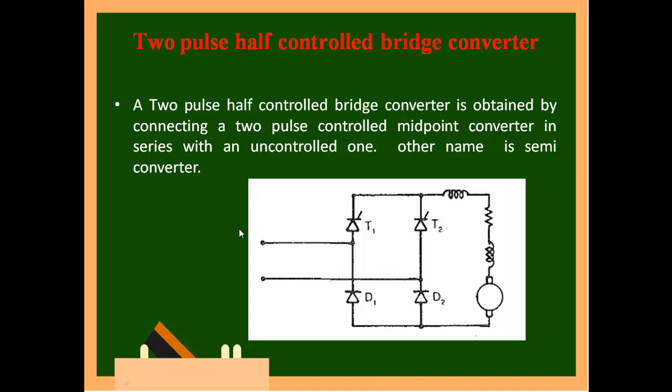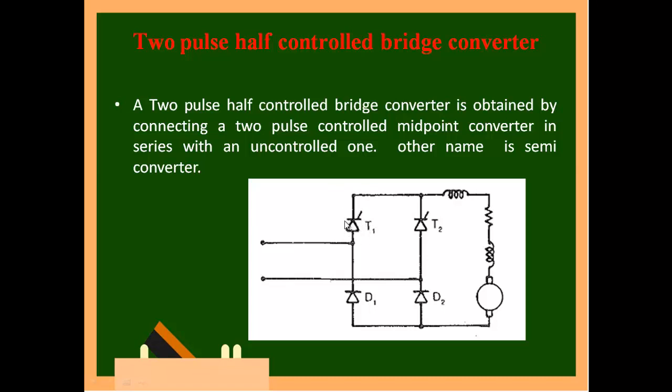So when you want AC to DC conversion, initially under the positive half cycle, we will operate this T1. Automatically this D2 will come into the picture. Similarly, during the negative half cycle, I will turn on T2 and automatically D1 will come into the picture, to close the loop. During the positive half cycle, I will start from here, turning on this thyristor. The thyristor can be turned on from alpha 0 to alpha 180 degrees, because from 0 to 180 degrees only you will have the positive half cycle. So anywhere between 0 to 180 I can fire.